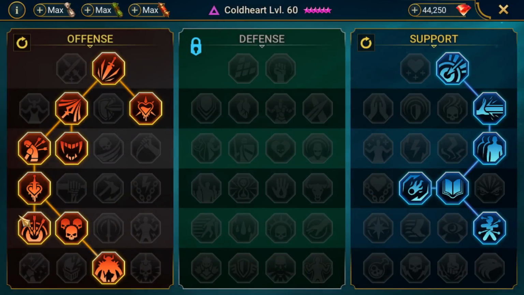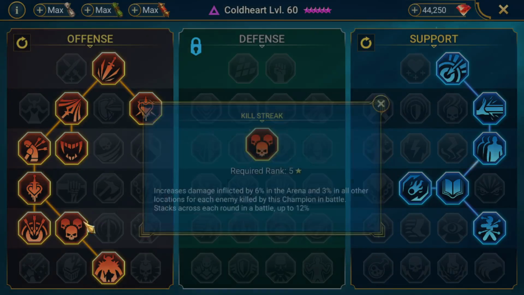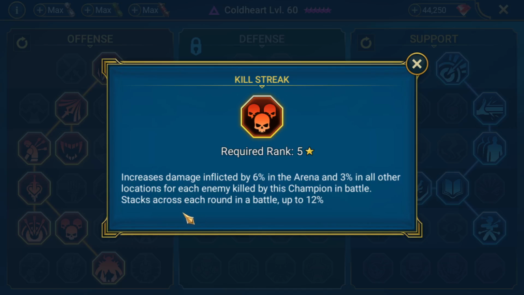And then the second to last row increases the damage inflicted by the champion's default skill by 2% each time it's used, up to 10%. This is a great mastery. I almost always take it, especially on champions where they're going to be doing a lot of damage with their skill 1 auto attack. This is another decent one if you know you're going to be getting kills,